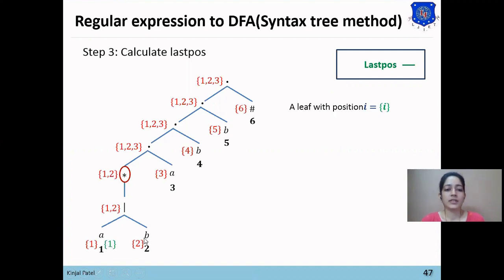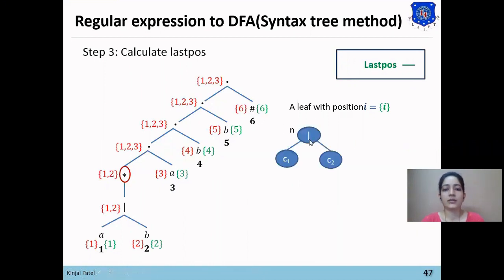Then B has position 2, so last position of B will be 2. Then again A has position 3, so last position of A will be 3. Then B has position 4, so last position of B will be 4. Then B has position 5, so last position of B will be 5. Then hash has position 6, so last position of hash will be 6.